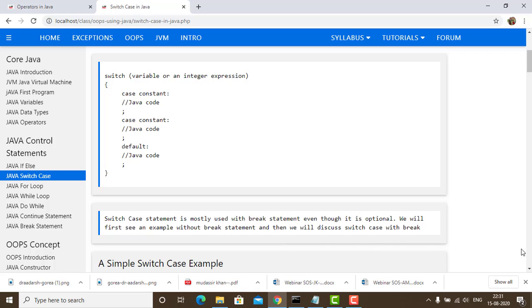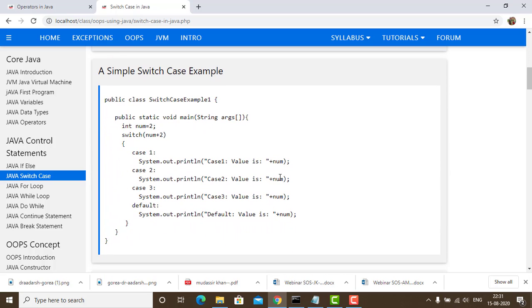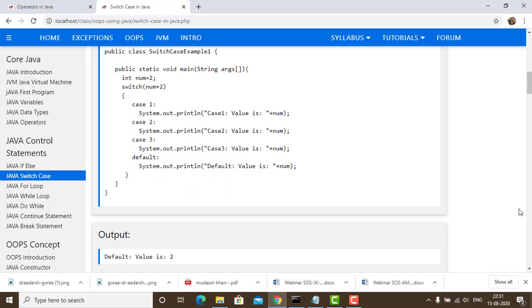Let us first have a look at an example of the switch statement. Suppose we have taken int num equals 2. Now switch (num + 2).